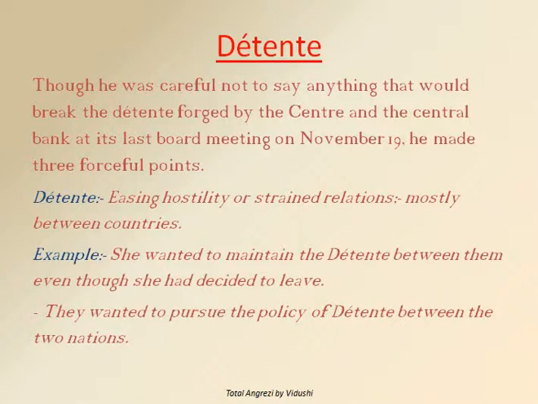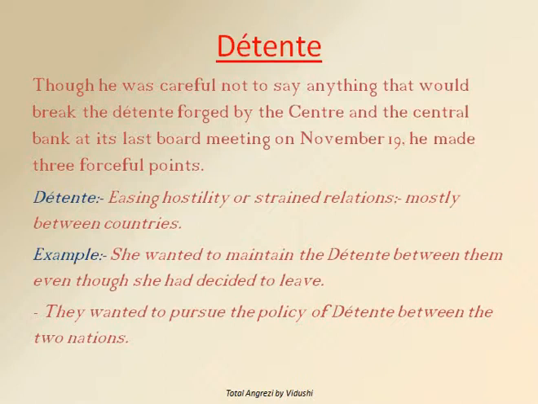The word detente means that there is an easing of hostility or strained relationships, mostly between 2 countries. So say for example, 2 countries have always been hostile. There has always been enmity between those 2 countries or parties or people, and they have entered a state of detente. They have come to a policy of detente, which means that now things will be easy. The relationship will not be strained. It will be an easygoing relationship.